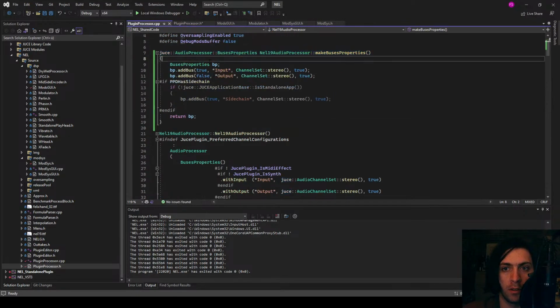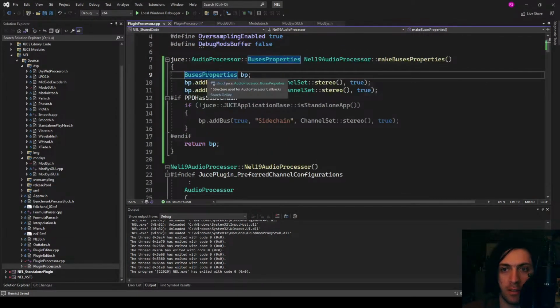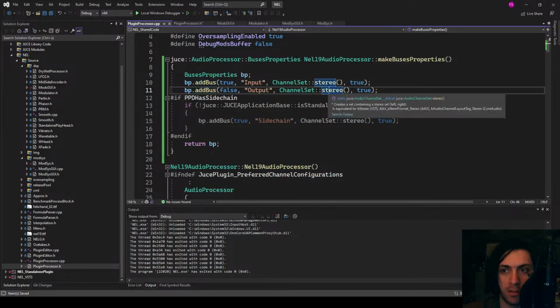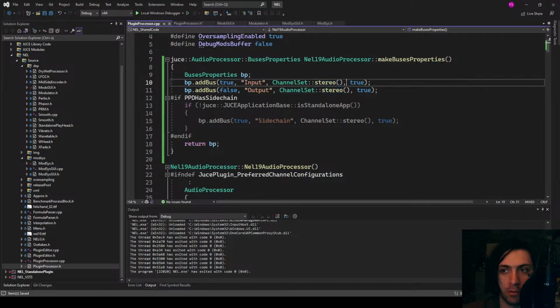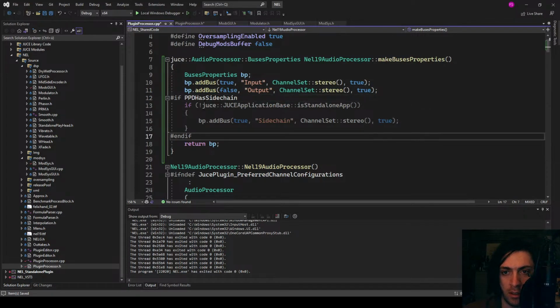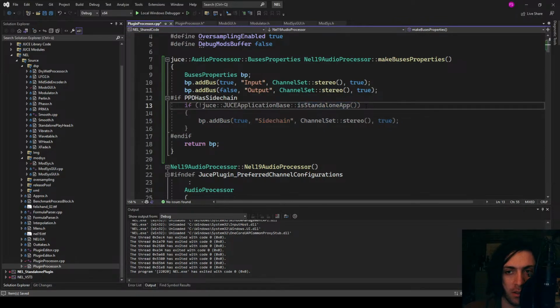So now, what am I even doing here? I'm basically adding the input bus stereo, the output bus stereo at all times. And what was this argument? Is activated by default true. So everything is apparently activated by default. And then there was a macro if the plugin has sidechain or not. And if yes, then I'm adding a bus, but only if it's not the standalone app, because the standalone app doesn't build if